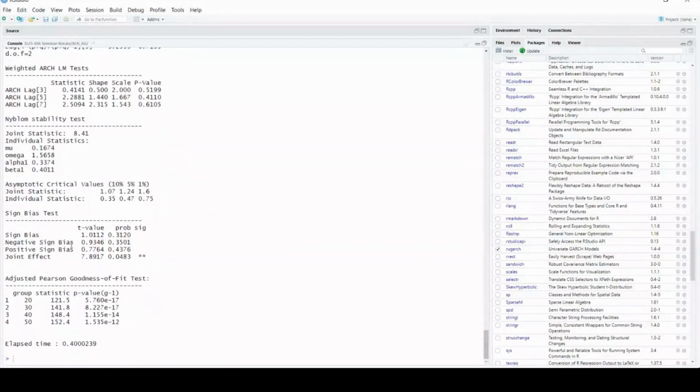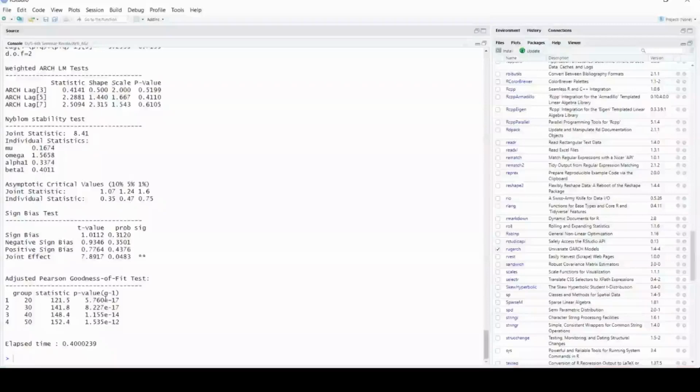My model was the standard GARCH 1-1 model with the normal distribution. These statistics help us understand whether my model is a good fit. I discussed that if you have a couple of models, you can compare the information criteria. But if I run only the normal distribution and don't have any benchmark, how do I understand whether my model is a good fit or needs improving? You need to see the goodness of fit test.